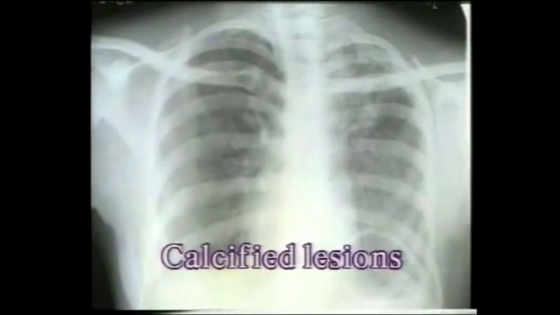This X-ray shows calcified lesions in the left upper zone and right hilum, indicating old healed tuberculosis. Note that the density is more than the bone density. Calcifications near the hilum are usually calcified hilar lymph nodes, and peripheral calcifications are due to calcified foci of caseation. This X-ray shows extensive fibrosis in the right lung with shift of trachea to the right, and the left lung with compensatory emphysema shows dense specks of calcification.